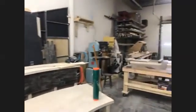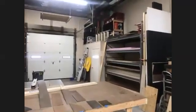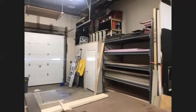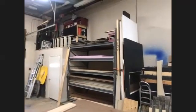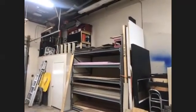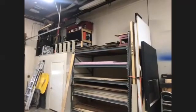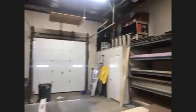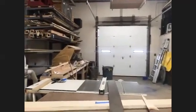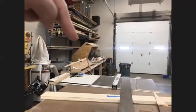And since we've been here for a number of years, Mike has been able to do a lot of fun things in terms of where he hides stuff. So he has built out all of this shelving that you see here and all of these things above this entryway. Lots of useful stock pieces hide up there, lots of tables and blocks that are repurposed from other shows. And then he's also been able to build some of his tools into the space. So this wooden thing right here actually hides a miter saw in it,